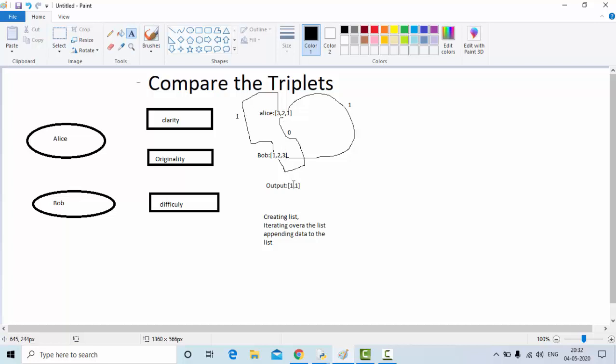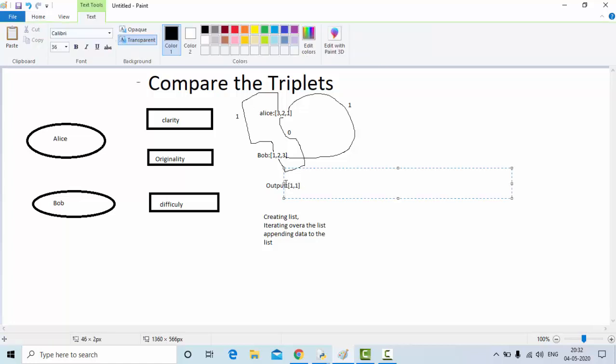So here if you see, the output is like this. This triplet where the first index will denote the values of A more than B, and the second index will denote the values of B which is more than A.